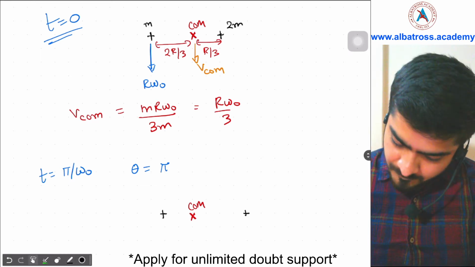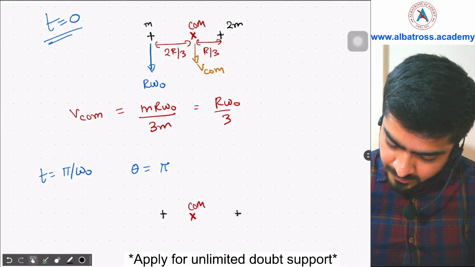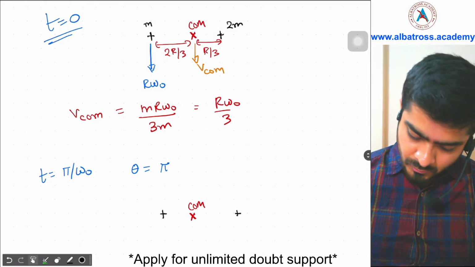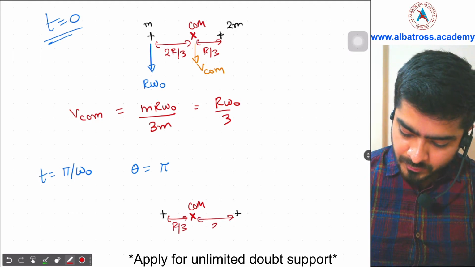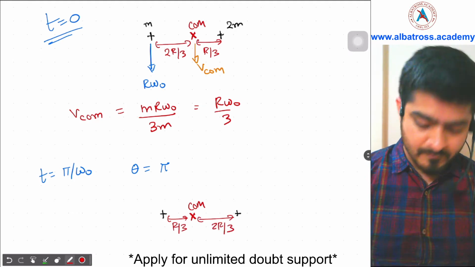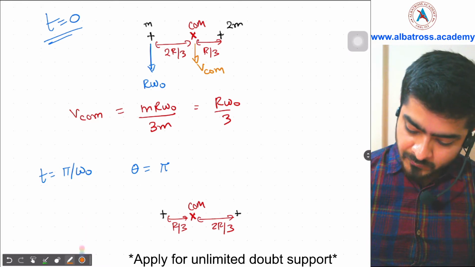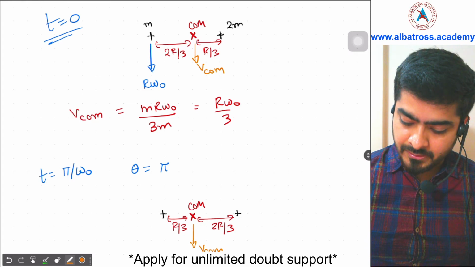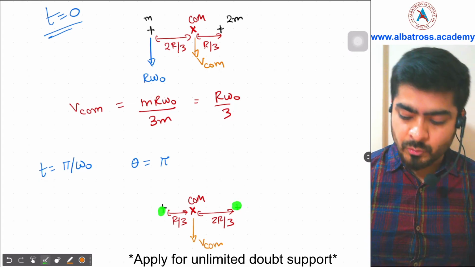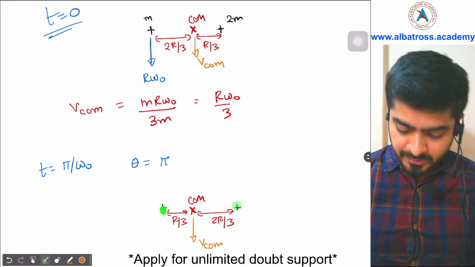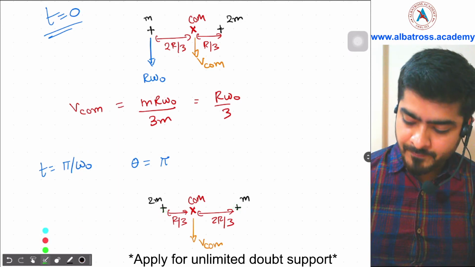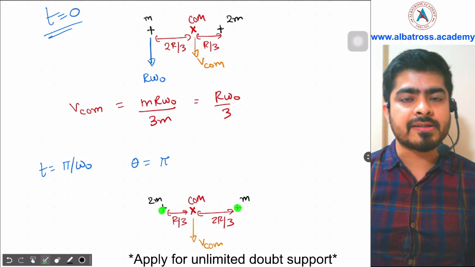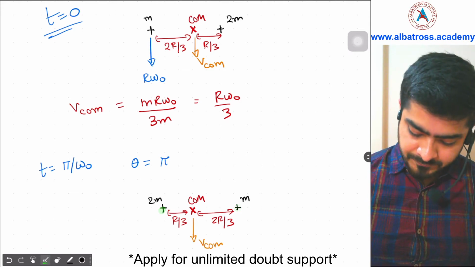All right, I think we can draw it over here a little. So again, this is equal to r by 3 and this is equal to 2r by 3, and the velocity of center of mass is obviously not changing, it is still the same, vcom. But now what is the velocity of the two centers? This is the center of the smaller disk. I'll write the mass so that you don't get confused. This is the 2m and this is the m mass, the smaller disk and the bigger disk. What are their velocities now?